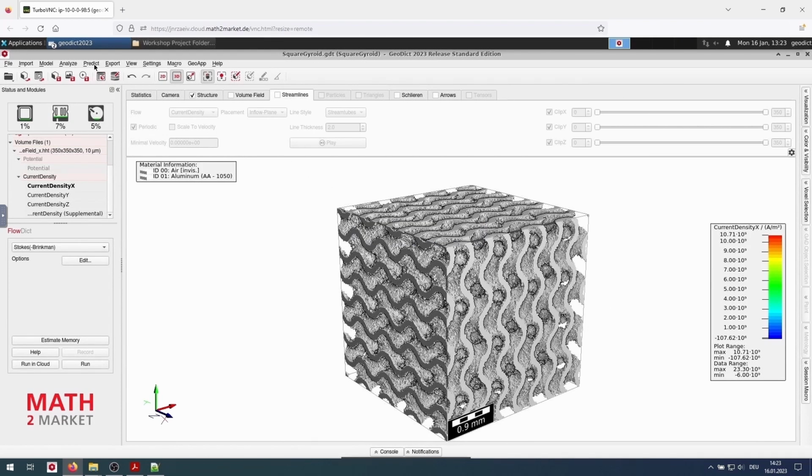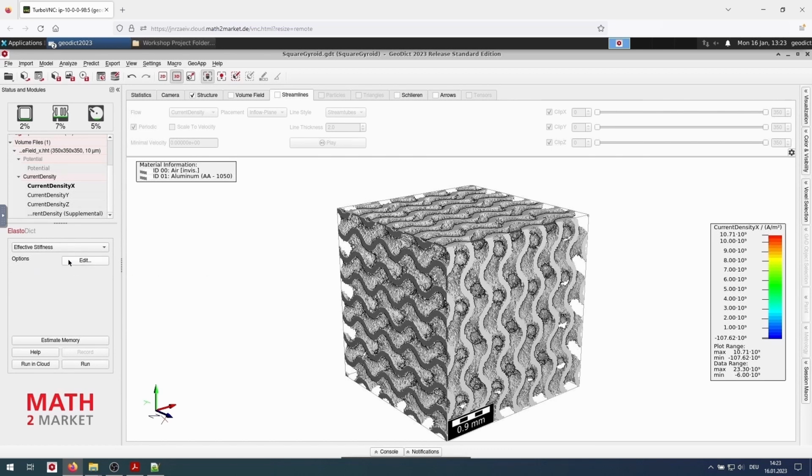For the last step of the second part, we go to Predict and select ElastoDict. Here, we click on deformations and select the effective stiffness option of ElastoDict. This calculates the effective mechanical parameters of this square gyroid.